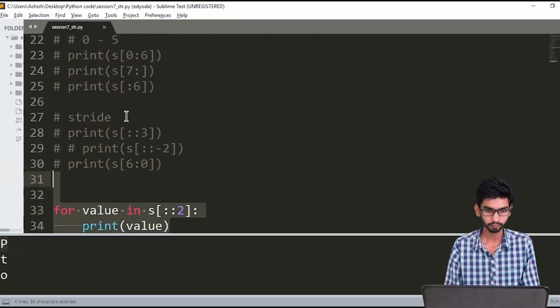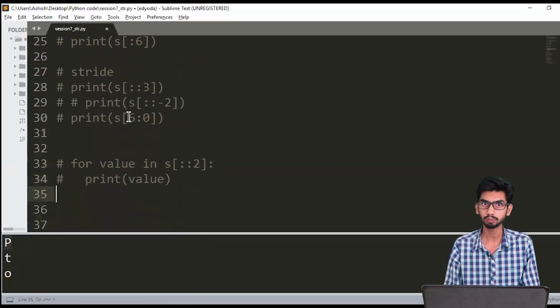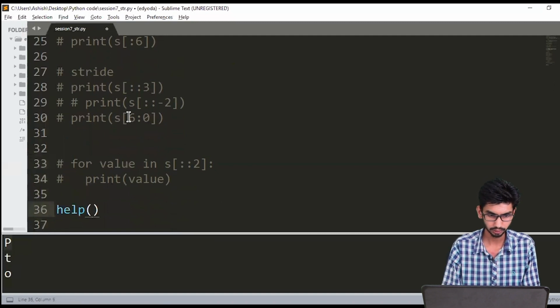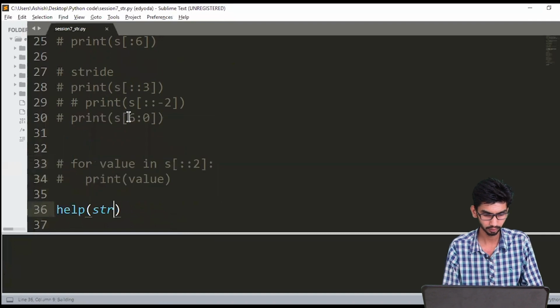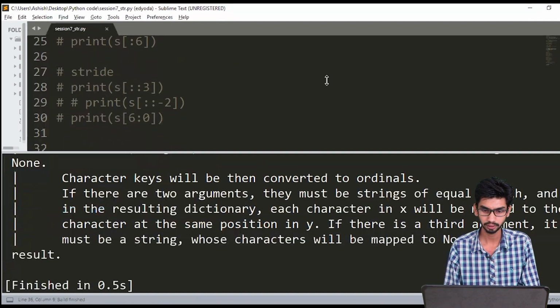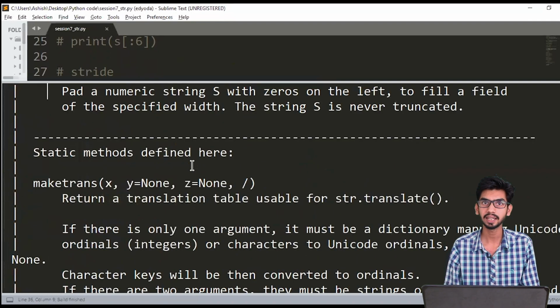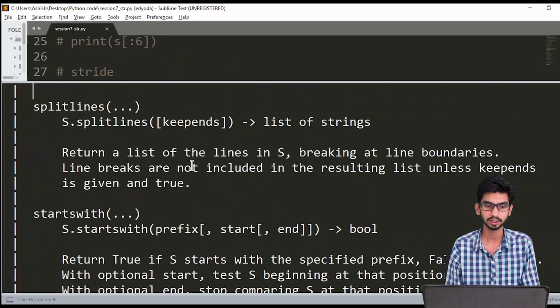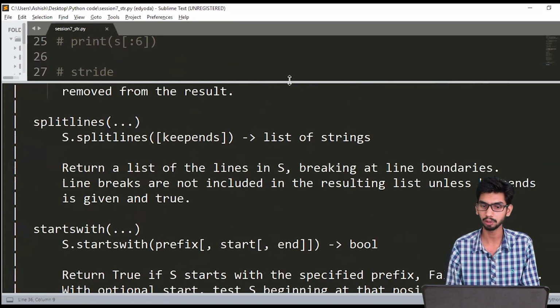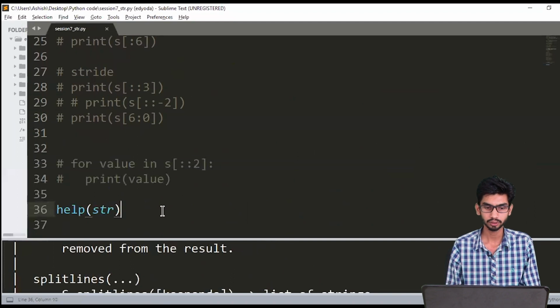Now Python provides a lot of built-in methods for any data type. So if we just write help of string and execute this, it will show the entire list of inbuilt functions available only for this data type string. In the next session we will talk more about